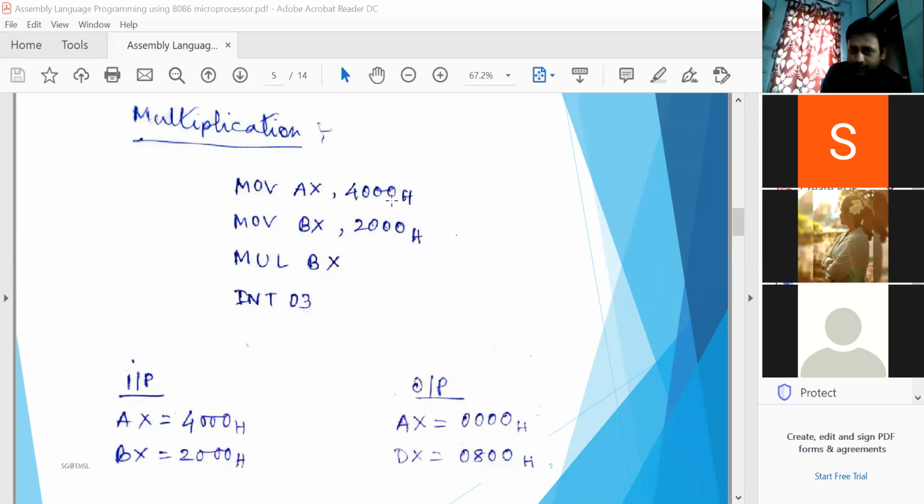Like 4000 is used inside AX and 2000 is stored inside BX. We need to multiply 4000 by 2000, and after multiplication the result will be stored into AX and DX.